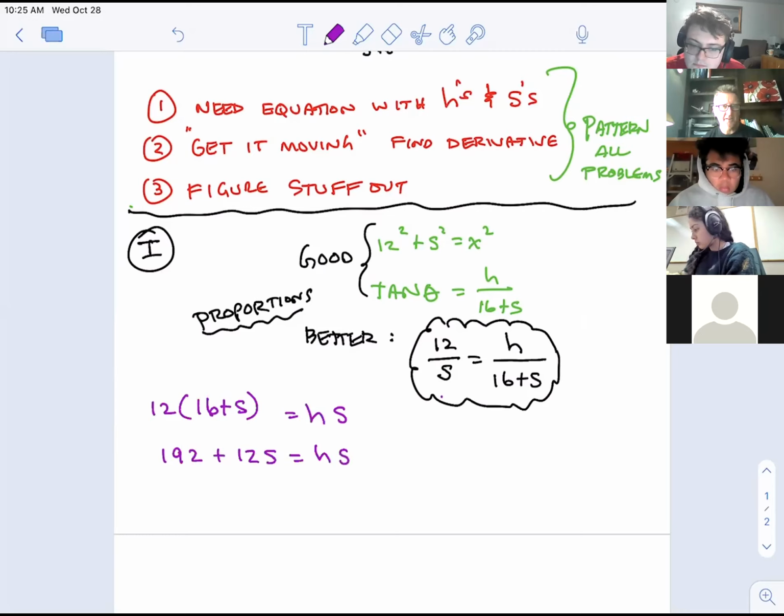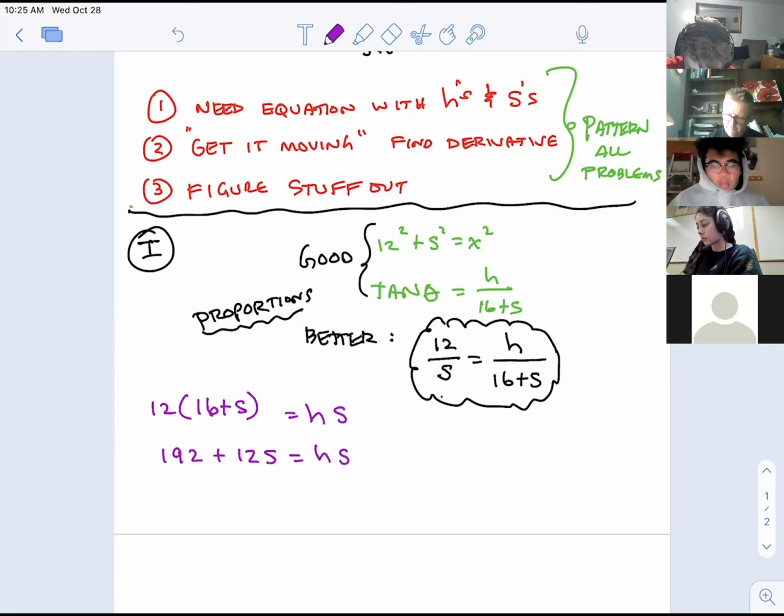Is that better? Should I take the derivative like that? Well, I like that because it has lots of plus signs. It doesn't have quotient rule anymore, so maybe I'll do that. I could also say, well, there's two S's. Maybe I could get the S's on the same side and factor an S out. We could keep messing with this, and it may be that we would get to a place that was even easier to take the derivative. I don't know. I'm going to stop here.